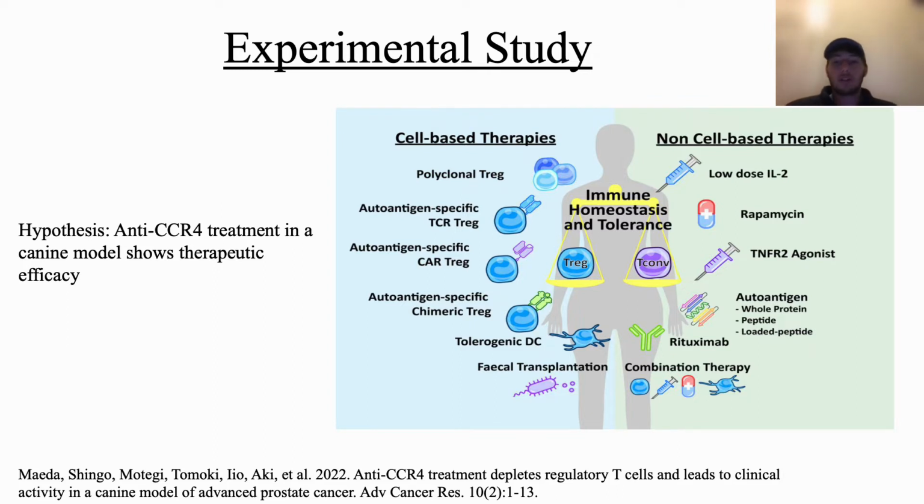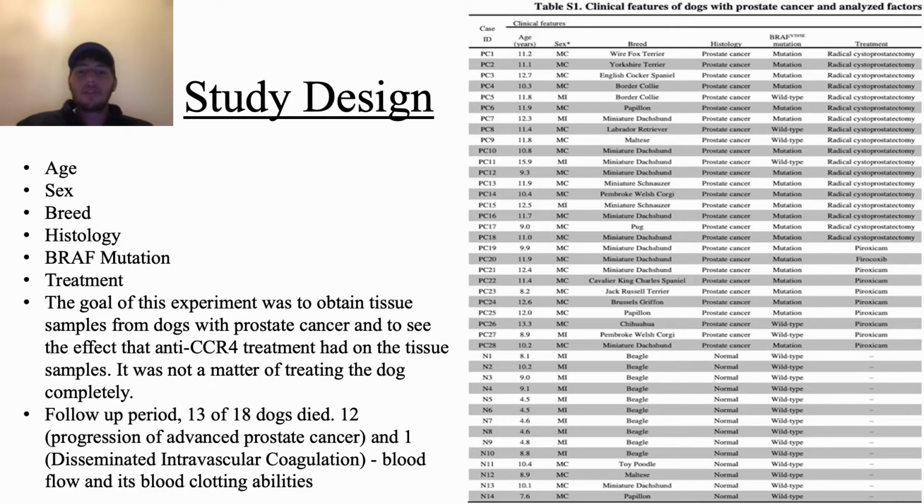So their goal was, if you have regulatory T cells that express this CCR4 gene, and regulatory T cells are in abundance when somebody has prostate cancer, why not target that CCR4 gene and use an anti-CCR4 treatment known as mogamulizumab or piroxicam to show some therapeutic efficacy. So for the study design,